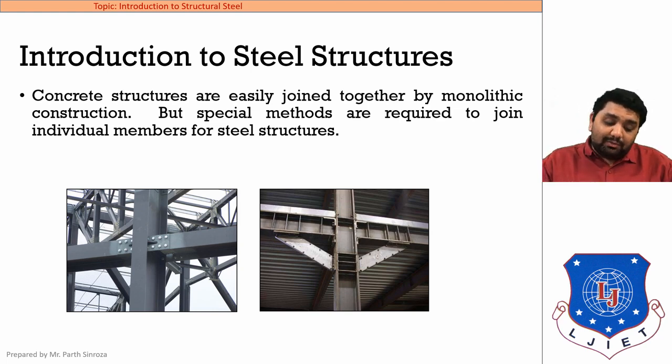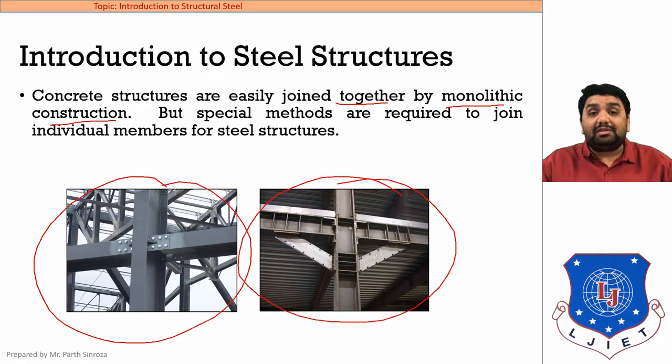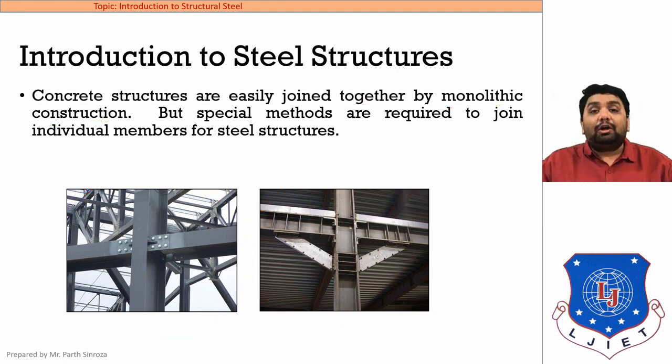Why so? Because as we know that concrete is a monolithic construction, it can be casted easily, but for constructing a steel structure, very specialized techniques are being used to properly connect and to transfer load from our structural elements to other structural elements. That means to transfer load from beam to column, also proper bonding should be followed, proper amount of connections should be followed, so that it transfers load quickly and smoothly. So the design is somewhat more important than as compared to concrete.